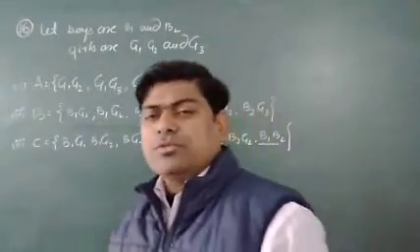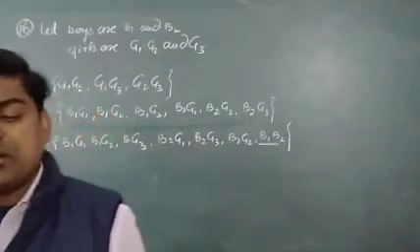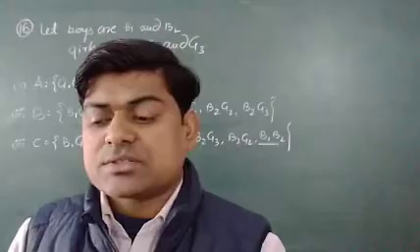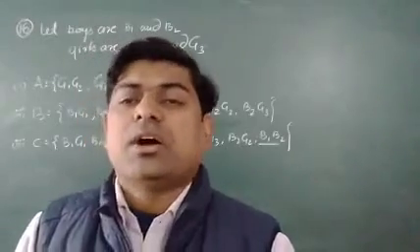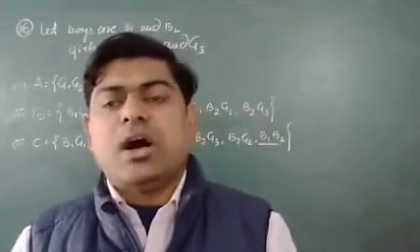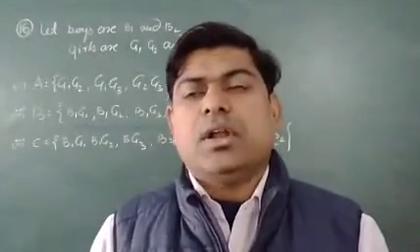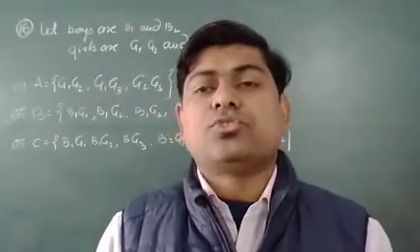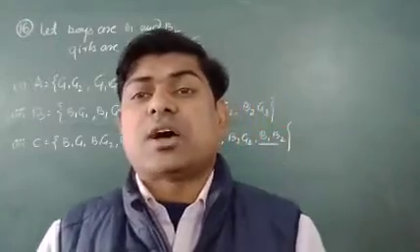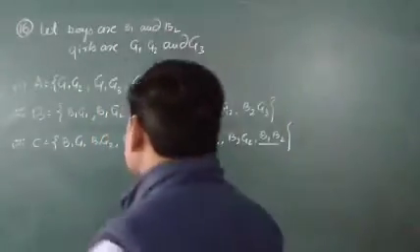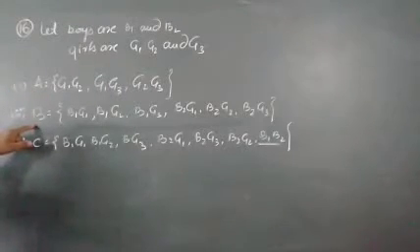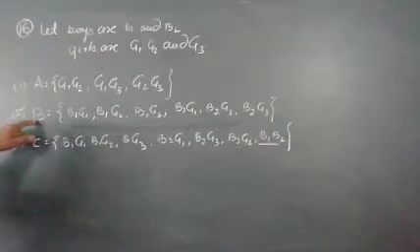Now from here, if your question asks which pairs of the events are mutually exclusive, it is written in the question only. If you remember, I told you, if there are two events A and B, and there is no common element in both events, then I can say these two events are mutually exclusive. Now, you can see in A and B there is no common element. I can say A and B are mutually exclusive.